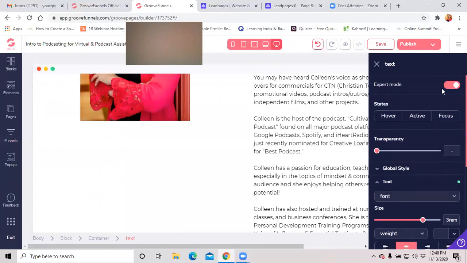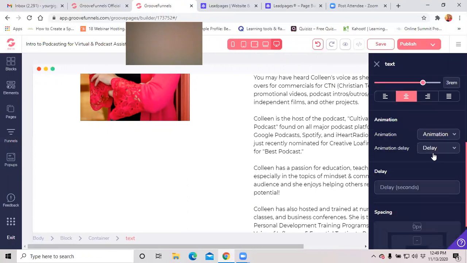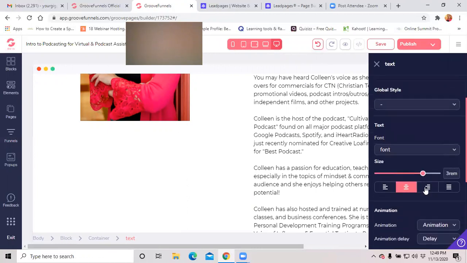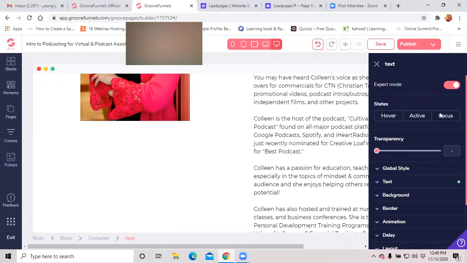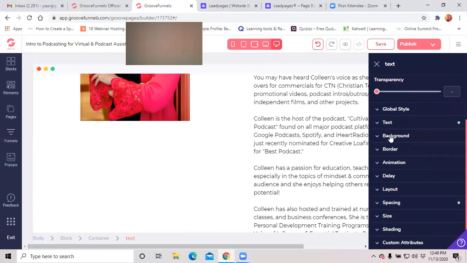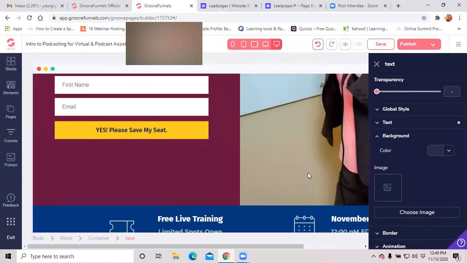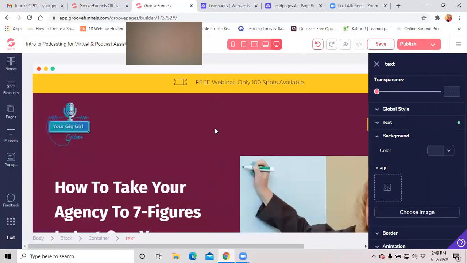Oh, expert mode, over here on the top right-hand side. You want to have that in expert mode just because it's going to give you a lot more options to play with. It doesn't necessarily mean you have to be an expert. It just gives you more options. And background. Again, if you wanted to change the background on something,